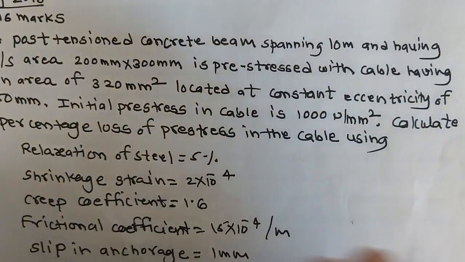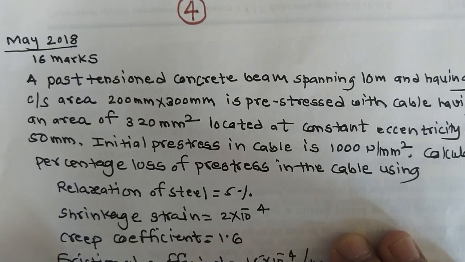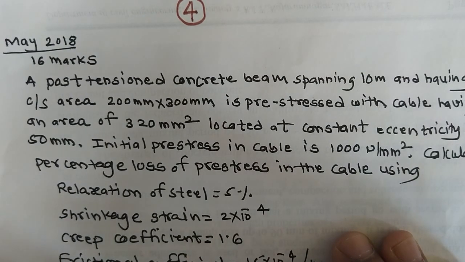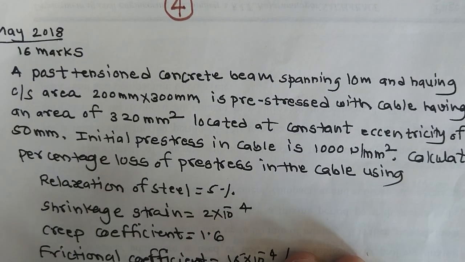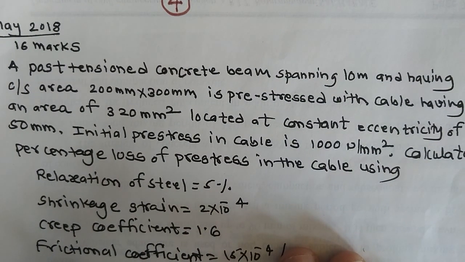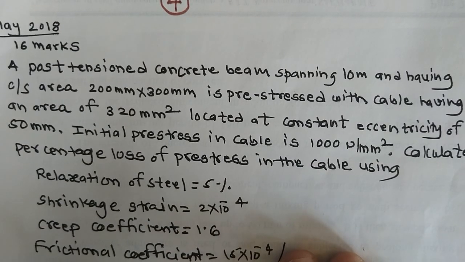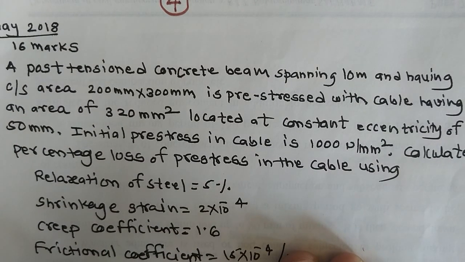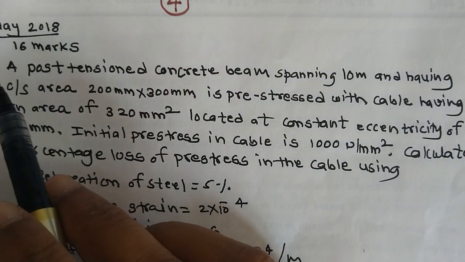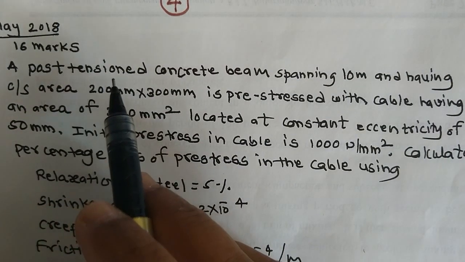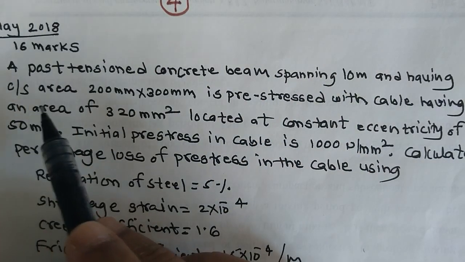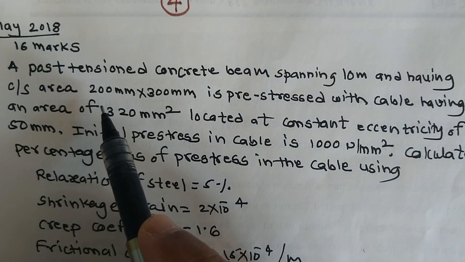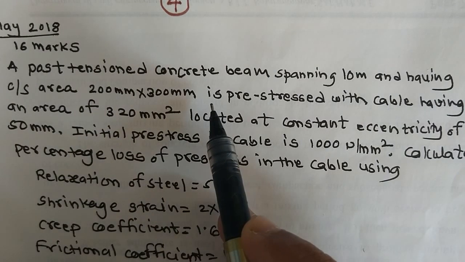Let us solve one problem related to the calculation of losses. The question was asked in May 2018 for 16 marks. Let us read this question, what exactly the given data is as well as what you have to find out. A post tensioned concrete beam spanning 10 meter and having cross sectional area 200 mm by 300 mm is pre-stressed